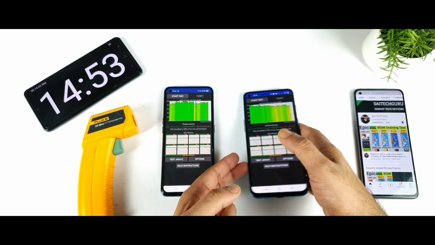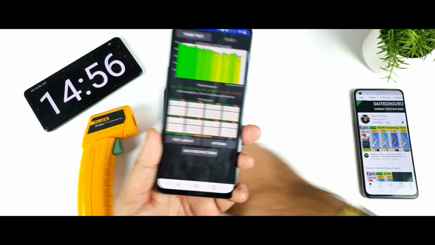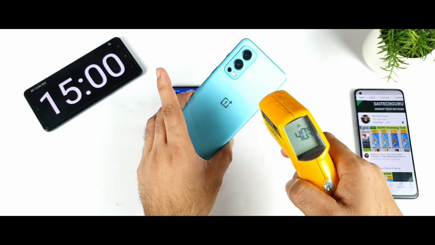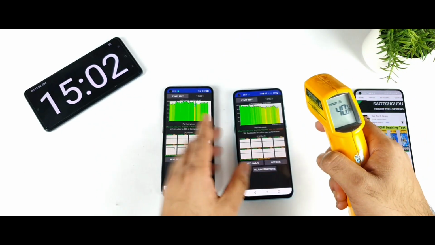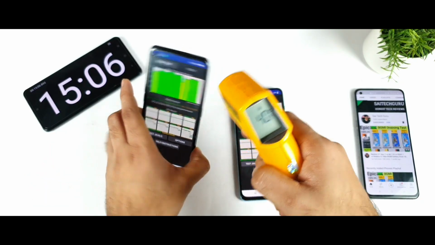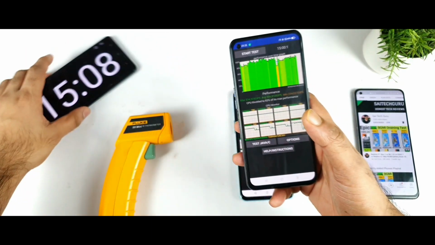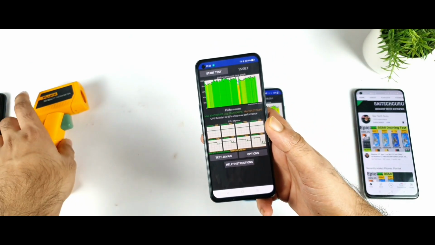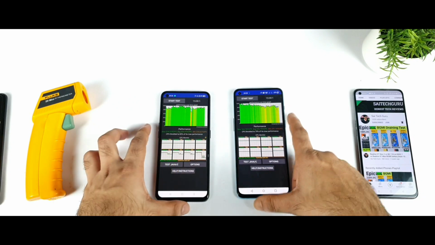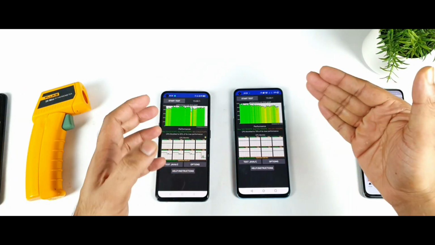And finally we got the results as well. CPU total up to 79% in the OnePlus Nord 2, and the backside temperature of 40.8 degrees Celsius. It's really very high in the OnePlus Nord 2, and the Realme X Max is 39.8 degrees Celsius. So friends, both phones did increase temperatures, there is no doubt, using high performance mode, but the thing is which phone's temperature increased faster.